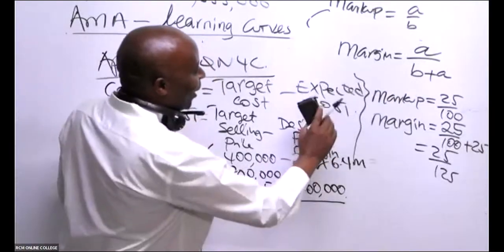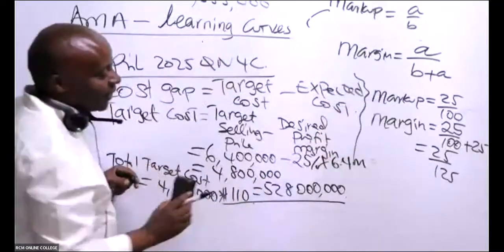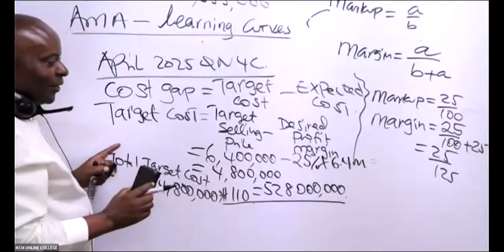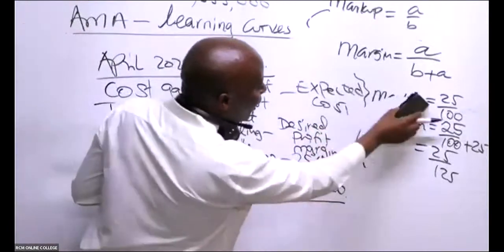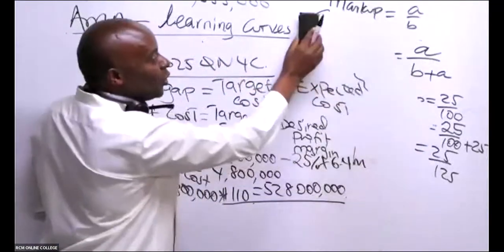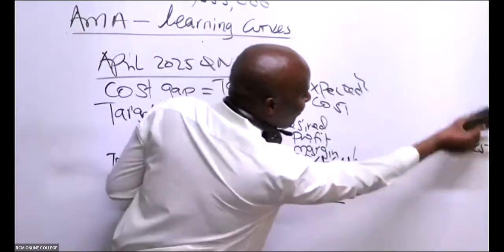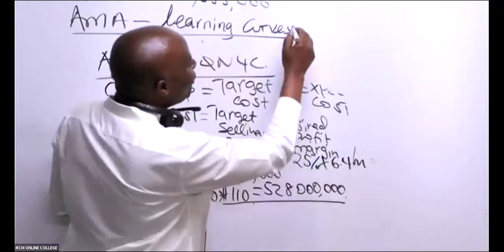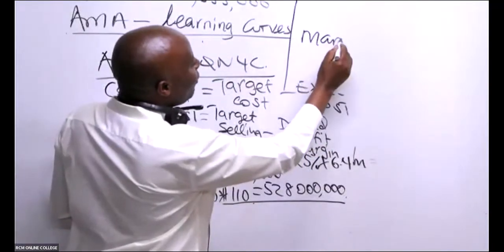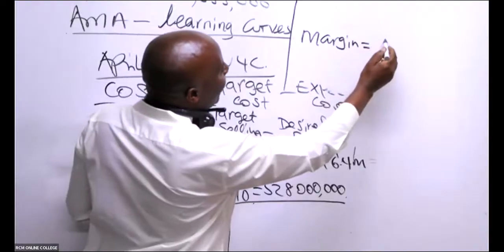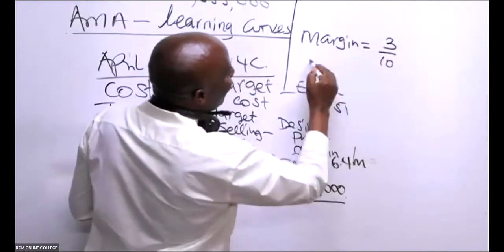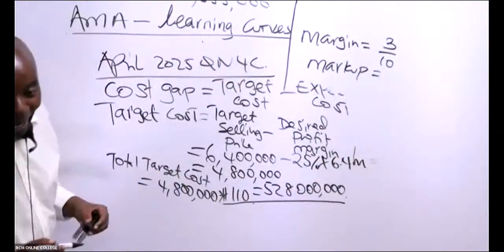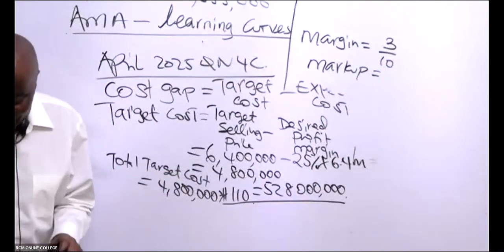Sawa. Right. So can I rub this? Great. Hapana sahau hiyo kitu ya markup to margin. Because your examiner, if you look at other questions, instead of giving you margin, he always gives you what here, somebody? Sasa ukitaka kujua wanafunzi ni hatari, wanafunzi wanajua kukamata kitu kabisa. Let me see. If, for example, you are given margin of 3 over 10, what will be markup value? Somebody don't write this, but just try.